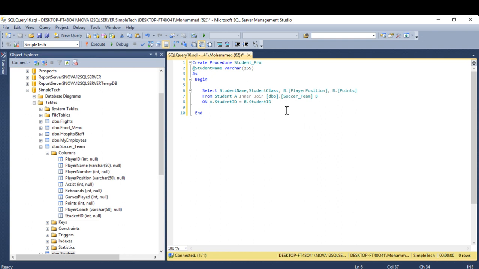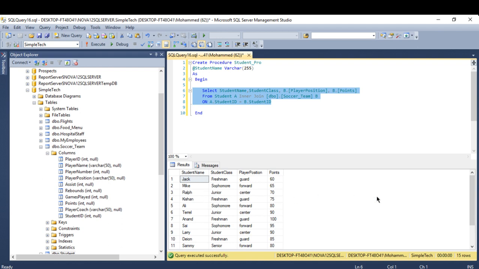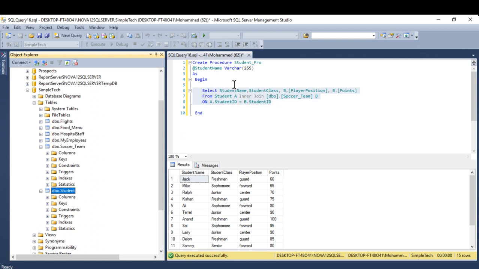Okay, if I run right now my script right here, I'm gonna see all these records that are matching, that have matching rows between A and B, student ID in A and student ID in B. So what I'm looking for is to create a stored procedure that I will execute